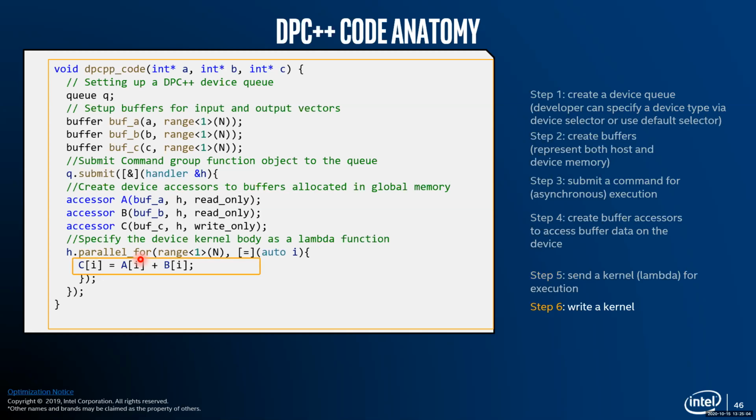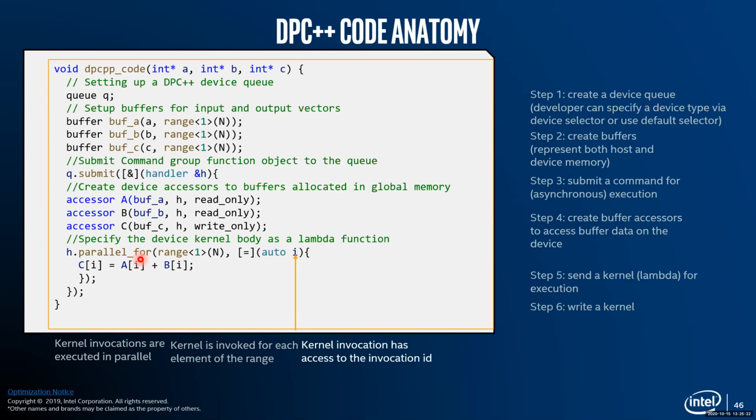And finally, we write the kernel, which is the vector addition. C of I is A of I plus B of I, right? So very simple. It's a simple vector addition. All these kernel invocations are executed in parallel. The kernel is invoked for each element of that particular range, and it has access to the invocation